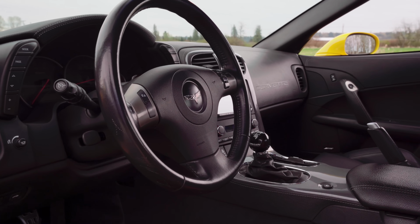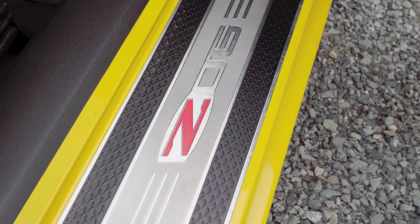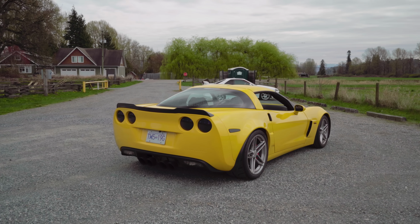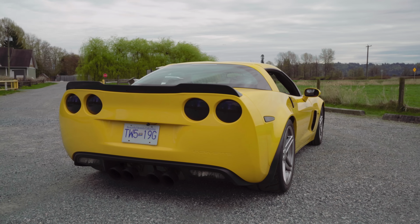But I want to give a shout out to the guy who built this car. His name's Steve from PRP Automotive. They're based in Poco. I've only been in Vancouver for about 5 years, and I've had a lot of trouble finding a shop I trust. That's a story for another day. But this guy's incredible, and I'm not saying there are no other good shops around there, but if you're looking to build a car, he's got his own race program. He's got a lot of pride in what he does, and I'm happy to give him a shout out